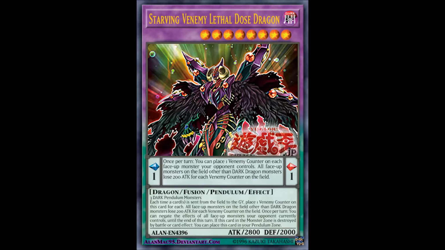is the Predaplant support card, Starving Venomy Lethal Dose Dragon, which is the manga equivalent of Greedy Venom Fusion Dragon. And you might be asking yourself, you manga readers, where the hell is Starving Venomy Dragon? He doesn't exist at this point. Yep, he's still a manga exclusive, and for some reason, they decided to print the evolution first and